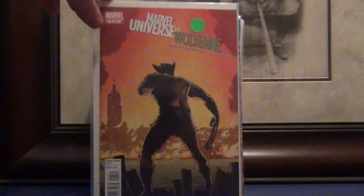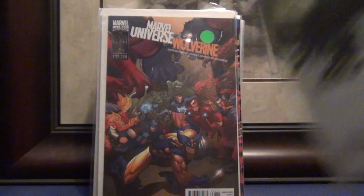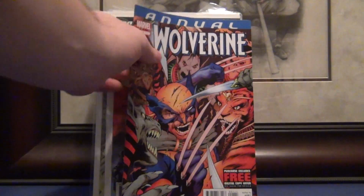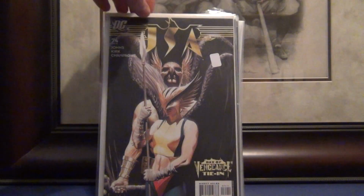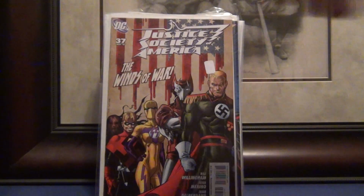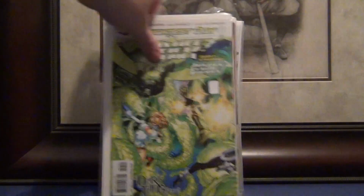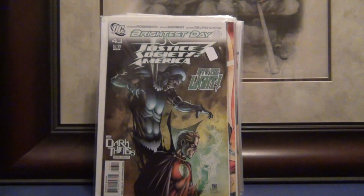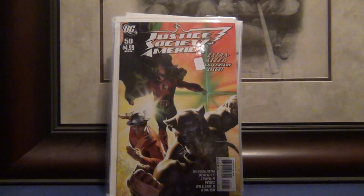Marvel Zombies Destroy number 1, 2. Marvel Universe versus Wolverine 4 of 5, 2 of 4, 4 of 4, 2 of 4, 3 of 4, and 1 of 4. Got Wolverine Annual number 1. Justice Society number 31, 32. There's 74, 34, 35, 36, 37, 38, 39, 40, 41, 42, got 43, 44, 45, 46, 49, big 50,